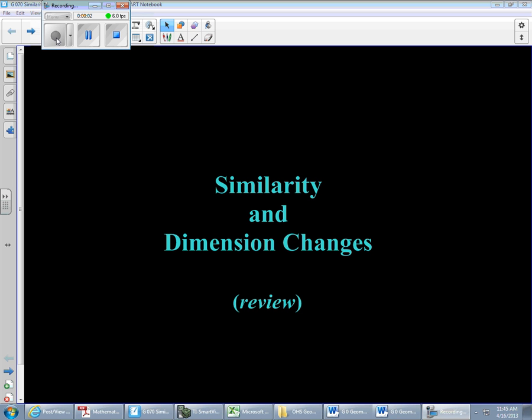Okay, we are looking at a review topic from about 5 months ago. It was December, if I remember correctly, when we went over similarity and dimension changes. So you could probably flip back in your notes if you're a decent note taker. There were 2 days that we worked on similarity in multiple dimensions, and then the next day we did proportions